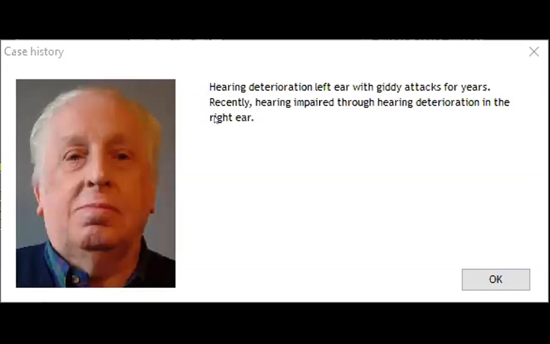So hearing deterioration, left ear, with giddy attacks for years. Recently, hearing impaired through hearing deterioration in the right ear. So the right ear hearing is going down as well. Also, by the way, from the case history, we can not predict, but have a very general picture of the patient's situation. Meniere's disease usually affects the low frequency hearing first,